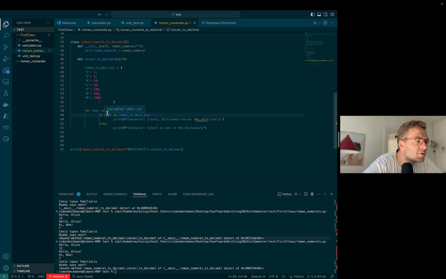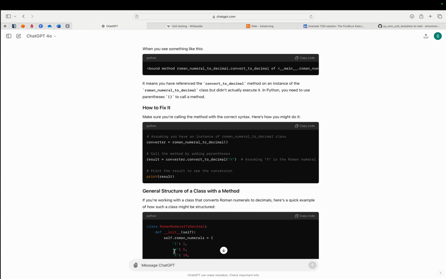Okay, so for the char characters in this string, so dictionary, but I don't think we can do this actually. So try to